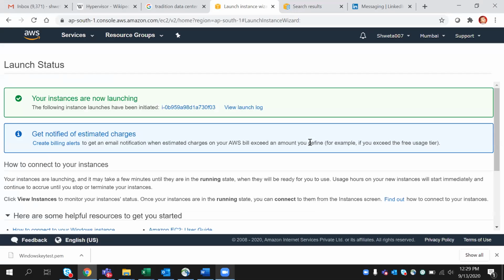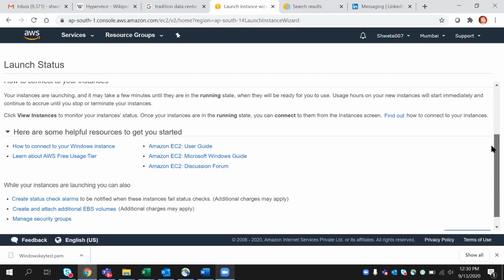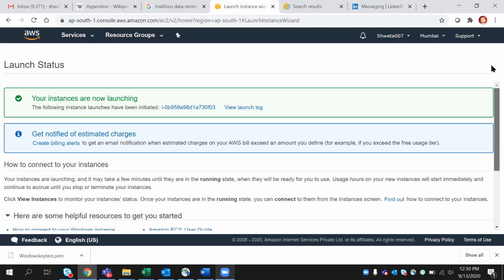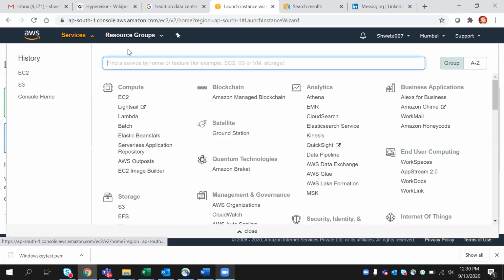See, your instances are now launched, right? So other people, everyone, you were able to do it successfully? Yes, Harish. Okay, good. So let the instance get launched, right? Then we'll look at it. Click on that. You can go directly to the EC2 console. You can skip this page. You can go to EC2. Click on services. Choose EC2. Correct. Perfect.